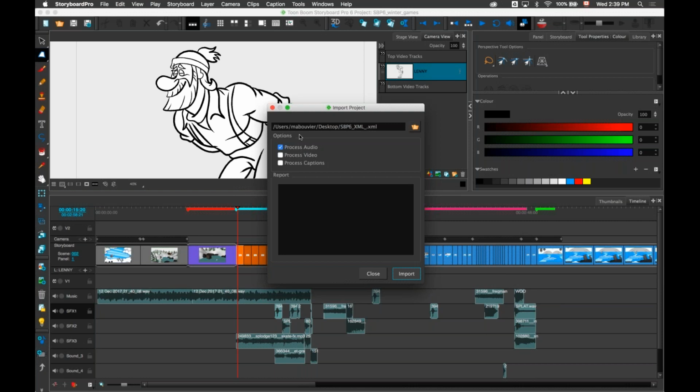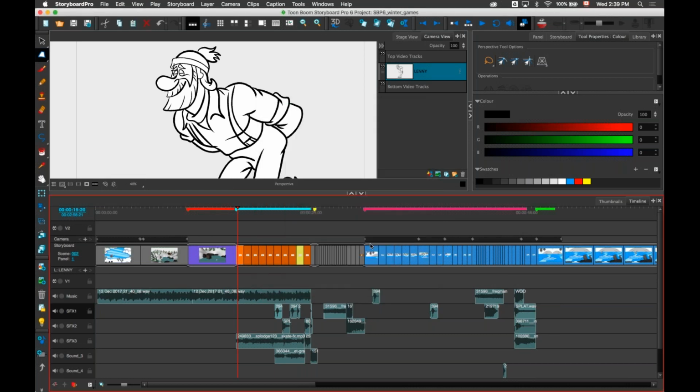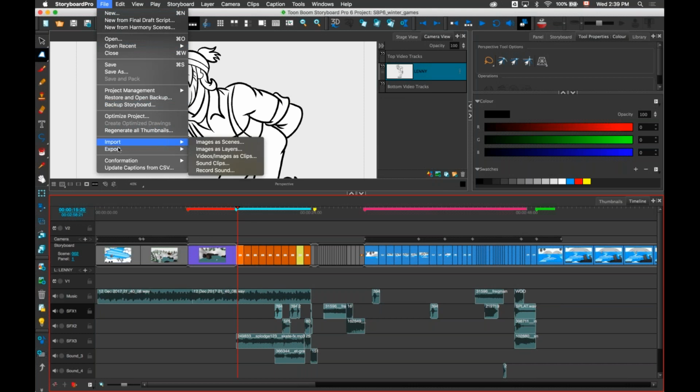You export an XML from that software, and you can import that directly into Storyboard Pro. You just select Process Audio, you uncheck Process Video and Process Caption, and this will bring back just the audio inside Storyboard Pro.